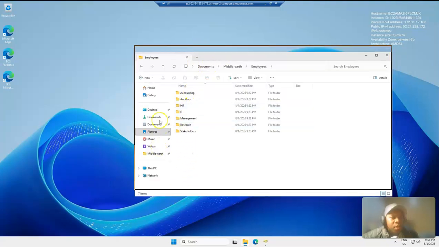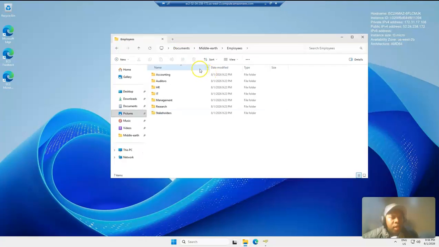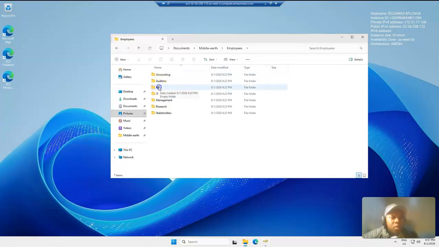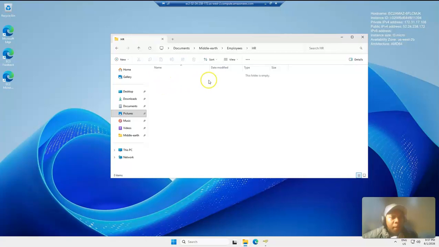And then in File Explorer, what we then did was we went to documents. I created my folder called Middle Earth, and then my subfolder, which is employees, and then the other subfolders, which are accounting, auditors, HR, IT, management, research, stakeholders. Here you could simply click on the organizational unit and you'll see the user there. That's not the case with File Explorer. Let's go to HR, where it has Frodo, and it says the folder is empty. You see,